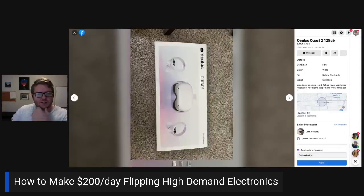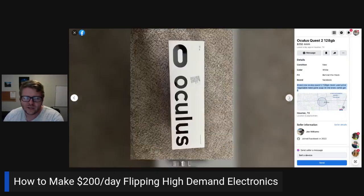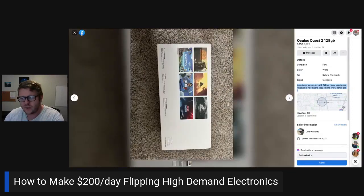So this one right here isn't too bad, actually. This one is 128 gigs, and notice what he's saying here. Brand new Oculus Quest 2, 128 gigabyte, never used. Price negotiable, need gone ASAP. Let me know, come get it. So I don't know if this is close to you, but I'd come and get that. Oh yeah, it is brand new. It still has a sticker on it. Nice. So if you can get them at 200, you'll